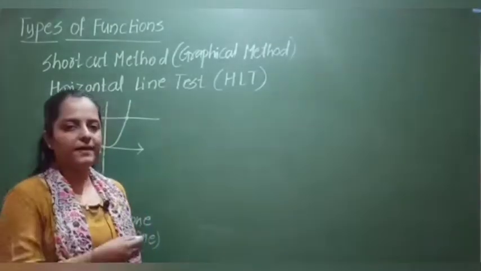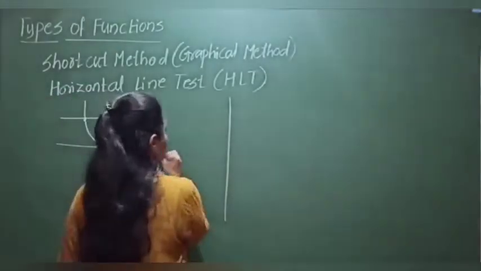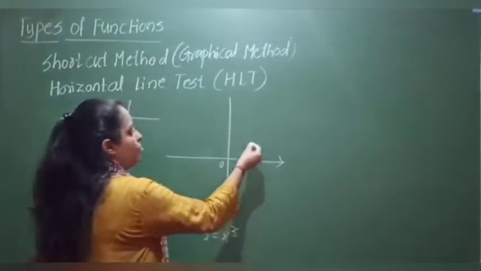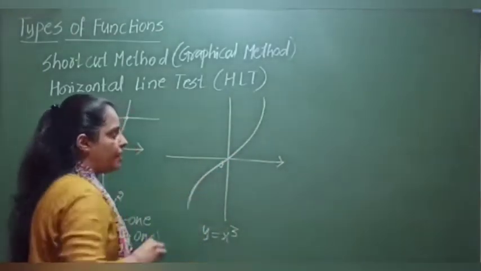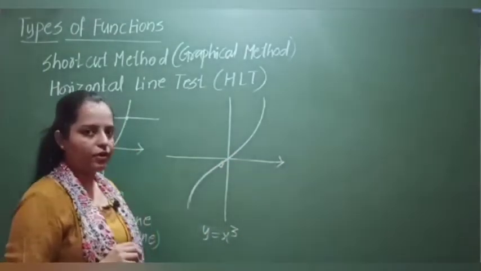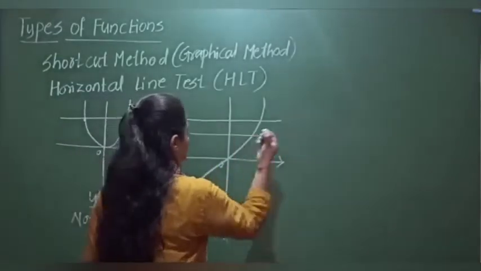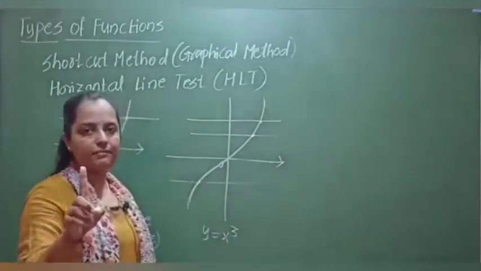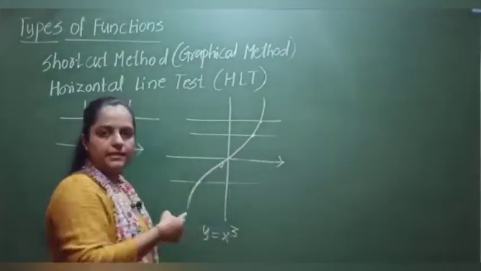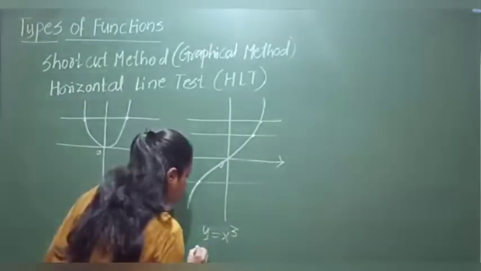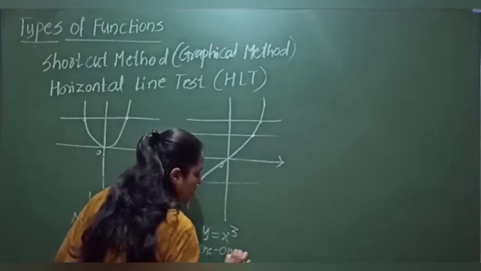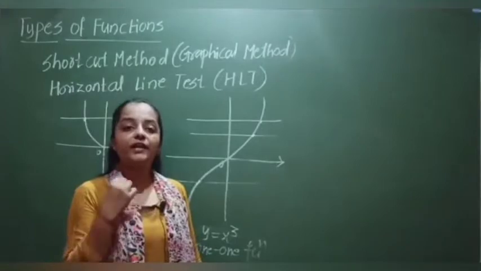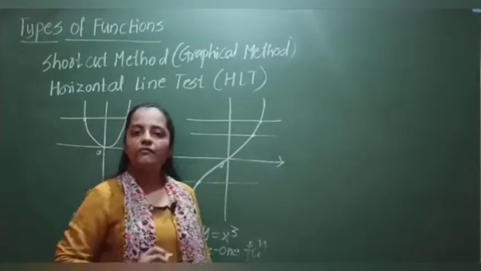Take another function. Depending on that, we'll learn whether the given curve is a function or not. I'll take the graph y is equals to x cube. So this is a function, already you know. Now draw a horizontal line for the given curve. The horizontal line cuts the given graph at only one point. Horizontal line is intersecting the graph at only one point, therefore this is a 1-1 function. Hope you are all getting this one. It means all the elements of the domain are having different images in the codomain, therefore this is a 1-1 function.